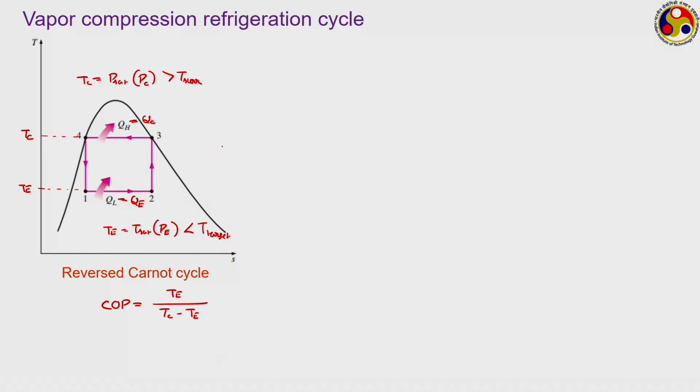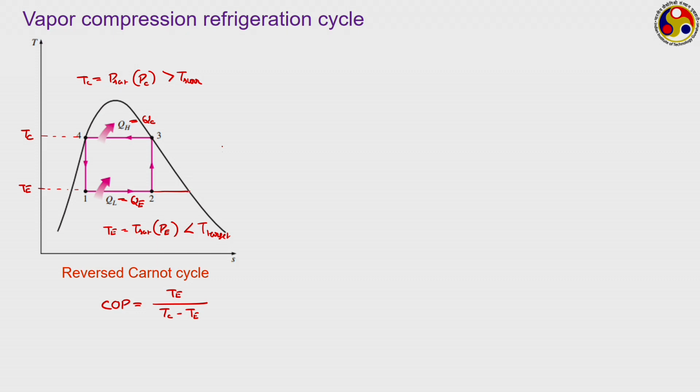While the two heat transfer processes are isothermal, they are also isobaric in nature, because both are happening inside the phase change zone, and so achieving them in practice is not very difficult. But it is very difficult to have this compression process starting from a saturated mixture, and also it is very difficult to have the expansion process. Hardly any work output we are going to get if we start with saturated liquid and continuously expand to a very low quality mixture. To eradicate that problem, particularly on the compressor side, often this